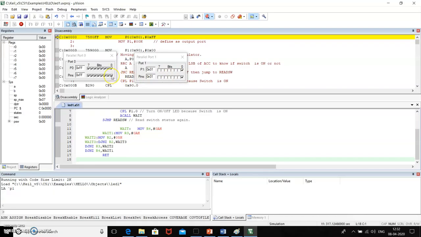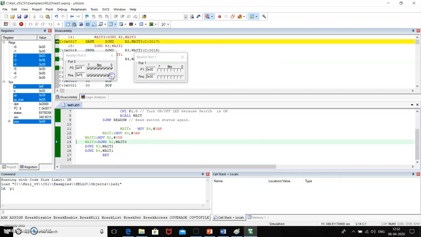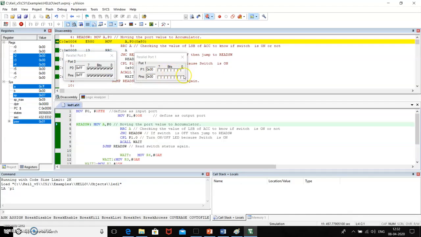But if I force it to 0, then pin 0 of port 1 is now forced to its previous state. In the previous state it was at logic 0. If I force it to 1, see, again it starts blinking. If I force it to 0,